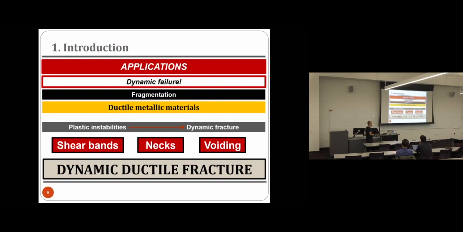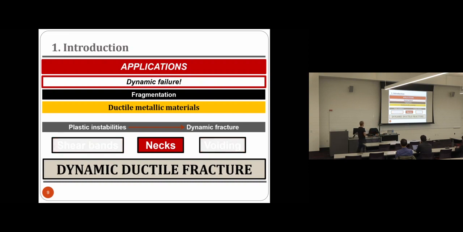and then eventually trigger the dynamic fracture of the material, right? So our idea is to understand, again, the effect of porosity, with the excuse of investigating printed porous metals. So we want to understand the effect of porosity on the formation of shear bands, on the formation of necks, on the formation of dynamic voids, and how these plastic instabilities affect the dynamic fracture of the specimen.